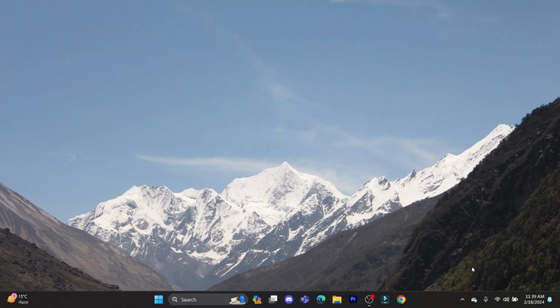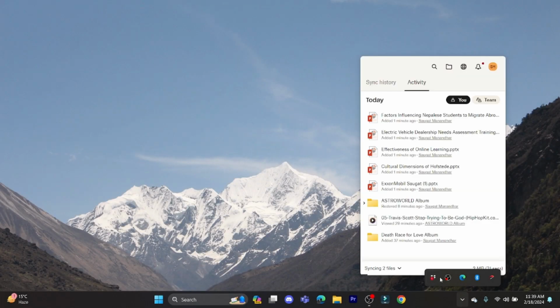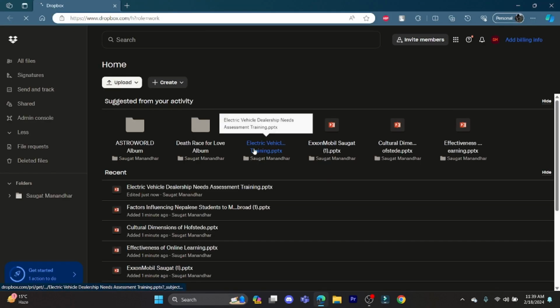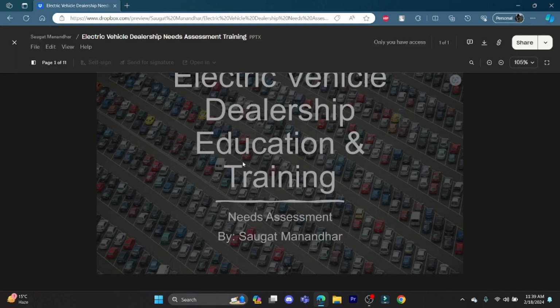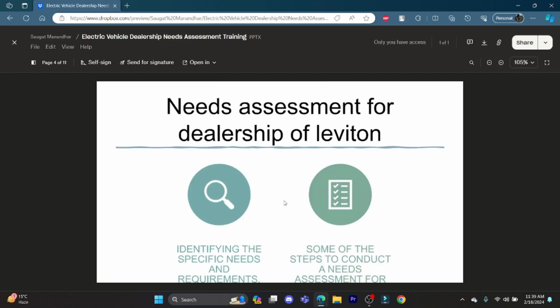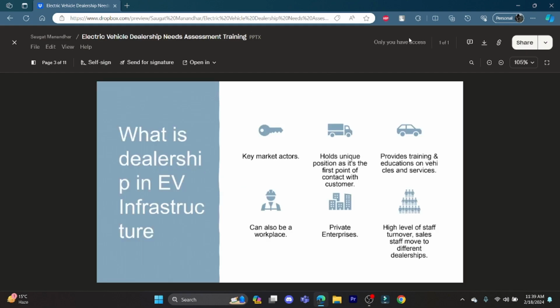After you save it, let me show you how you can do it again. Go to Dropbox, go to web, click on the web, and this is how you can edit your files through the web. Tap on it, and you need authentication from the team member if he or she has uploaded it. Go to open in the settings. You can see it says you are not able to edit, so you can click on open